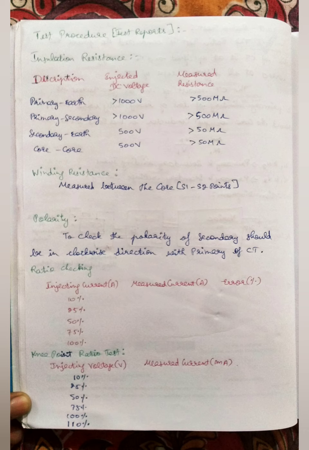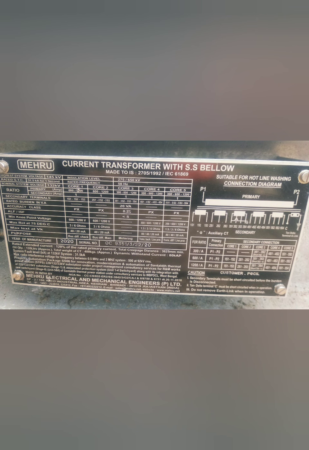The star point earthing also plays a major role, because the earthing should be a single earthing. If you connect a differential relay, we take two terminals of your CT, one from one side of your CT and another from the other CT. The common thing is that both get star pointed inside your differential protection, and the earthing should be common, only one. In this way we are going to see the nameplate of your CT.